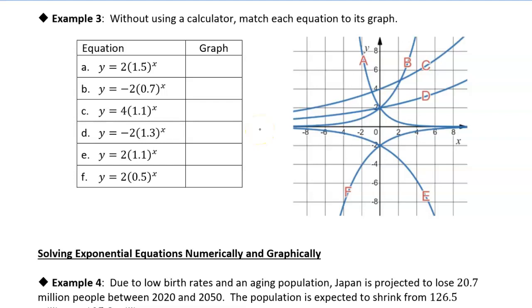In this example, we just want to match the equation with each graph. Now, we don't want to use a calculator or anything. We just want to match each equation with its graph. And so what I would do is probably, we know that the a value controls where the graph crosses the